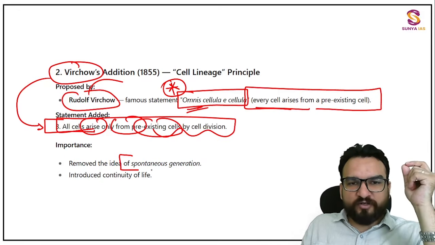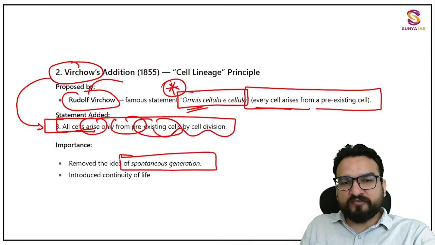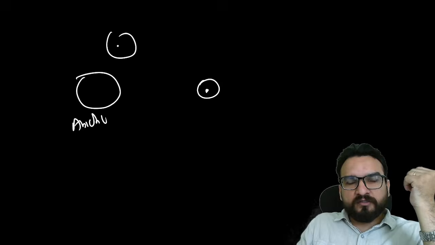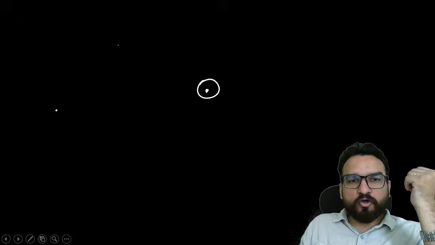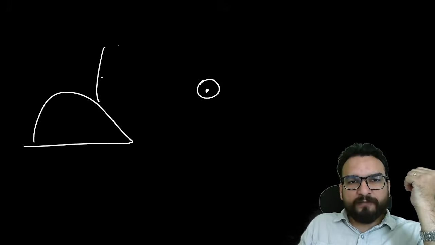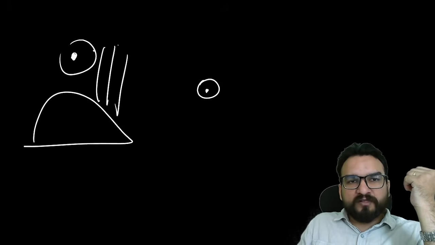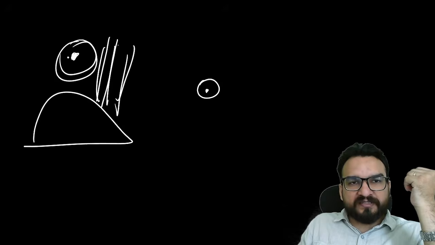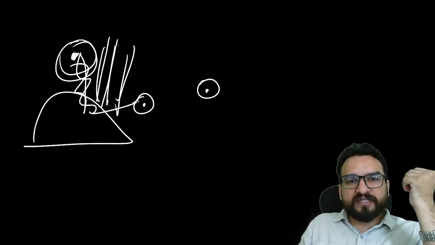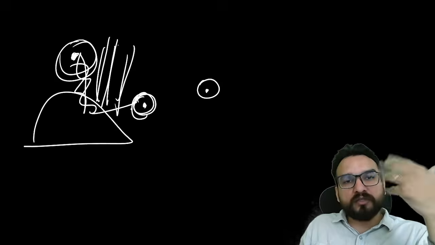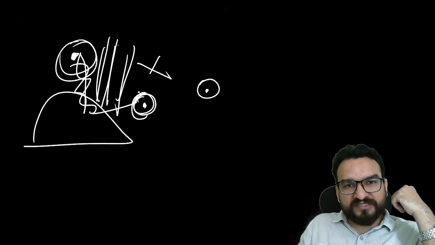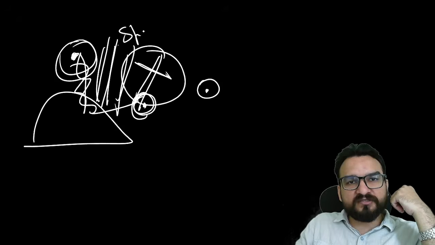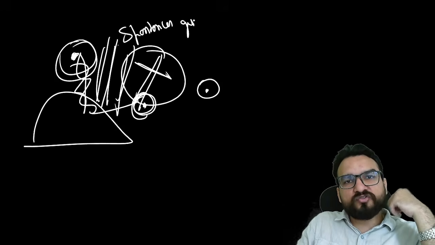They removed the idea of spontaneous generation. What is this idea of spontaneous generation? Before that they were thinking that cells emerge from the combination of abiotic and biotic factors. If there is a rock, and water is falling on it, rainfall is happening, air is there, then because of their mixture, they were saying that out of nowhere a cell comes into existence. But this was not the case. This is said to be spontaneous generation. So this is not happening.